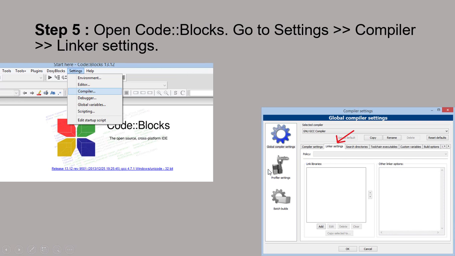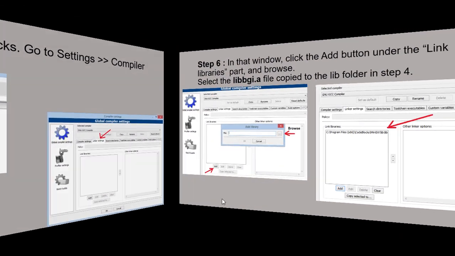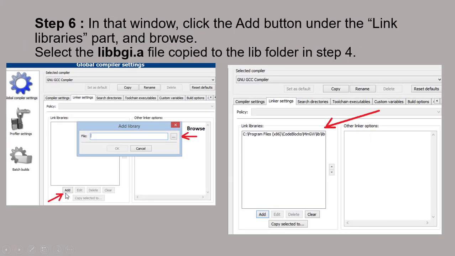When you click on it, a pop-up window will open, from which we have to work on linker settings. Before that, make sure that you have selected the GNU GCC compiler. Then select linker settings, in which we have to work on link libraries and other linker options, and click on the Add button.